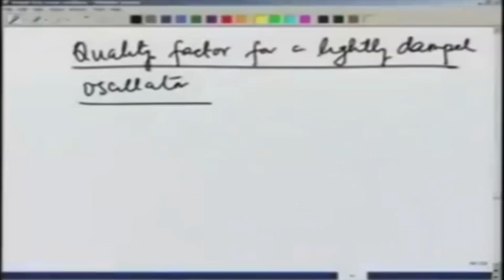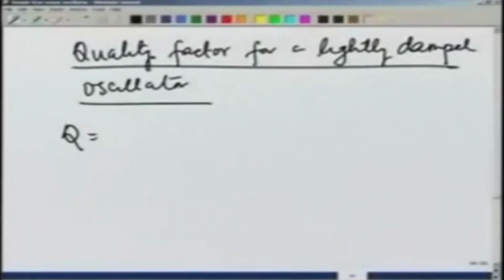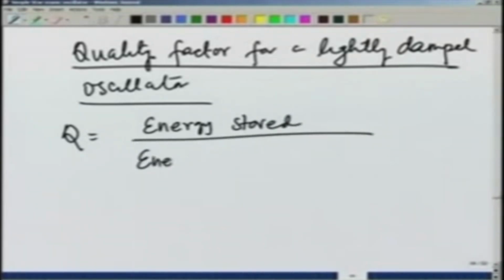So, quality factor would be high when the energy stored is really large and leakage or dissipation of energy is very low. So, this is defined as energy stored divided by energy dissipated